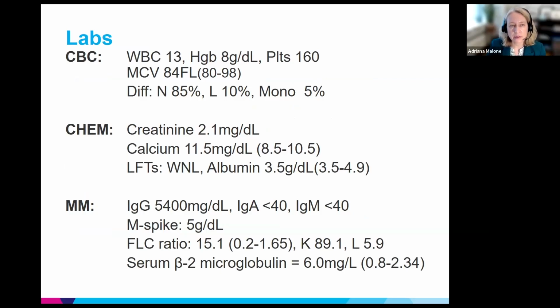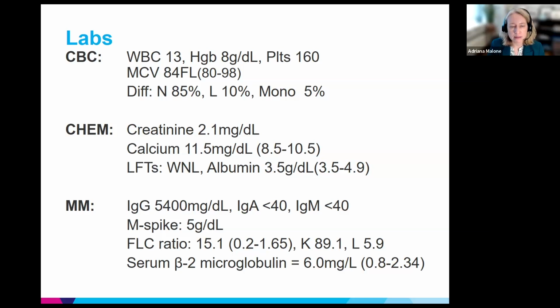And we see now that in reviewing her CBC, our patient is now anemic with a hemoglobin of 8. The creatinine is elevated at 2.1. The calcium is elevated to 11.5. And on the multiple myeloma labs, we see an elevated IgG of 5,400 with suppression of both the IgA and